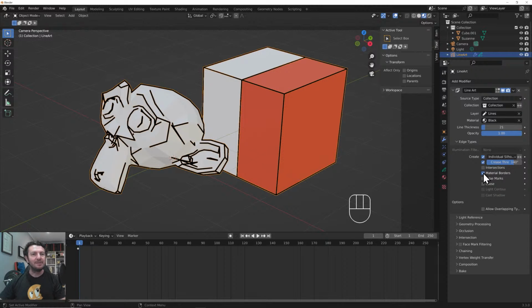But you can see that these material borders, right, toggling that on and off, you can actually get an edge between different materials. Edge marks is really cool. So if we mark an edge in our edge selection menu,